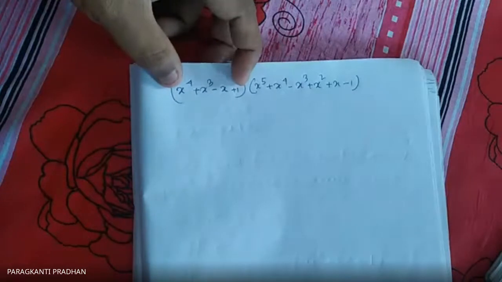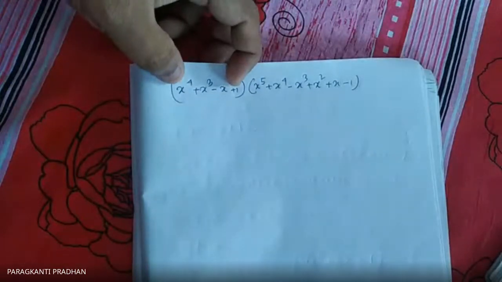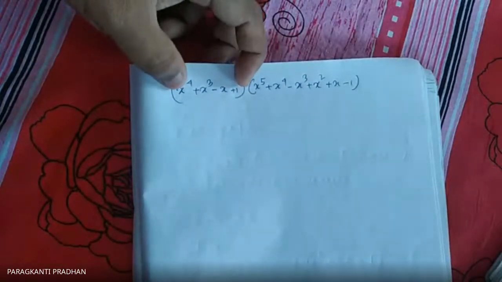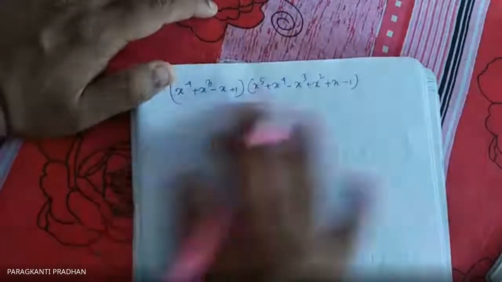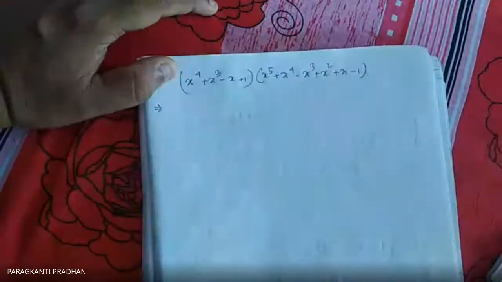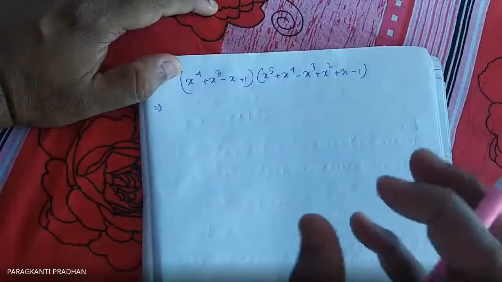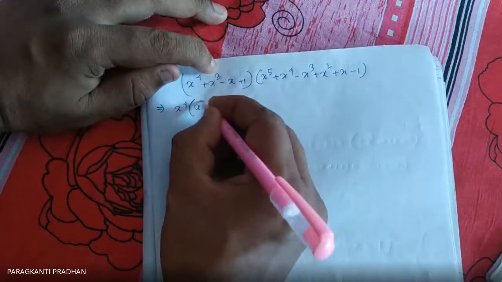So this one is the quadratic polynomial. This is a biquadratic polynomial, or you can say a 4-term polynomial, and this is a 6-term polynomial. So we are multiplying this, and at that time you have to concentrate and calculate very slowly. Then x to the power 4 into x to the power 5